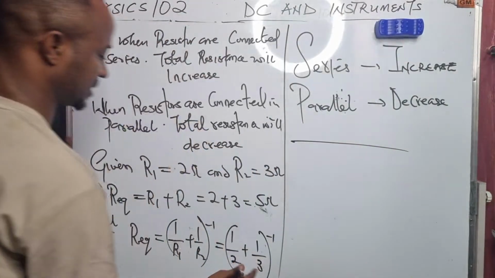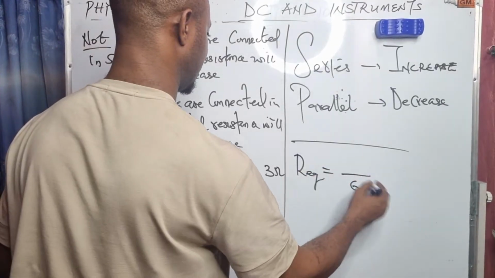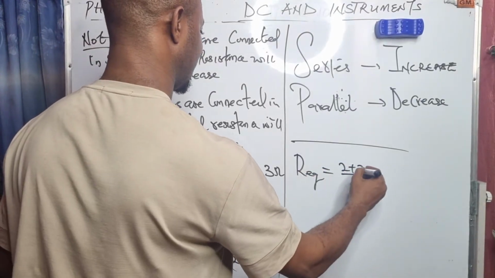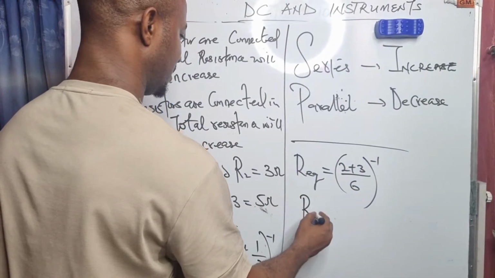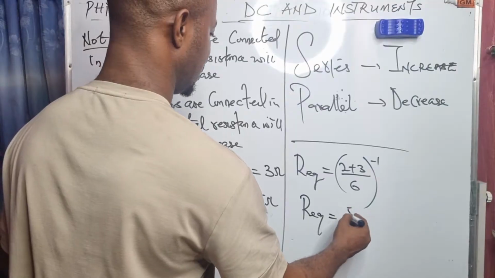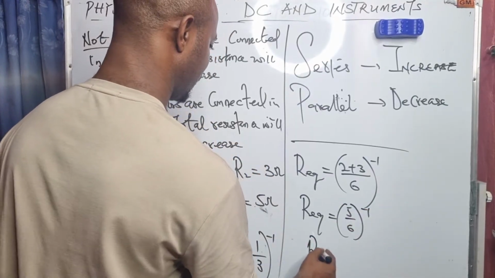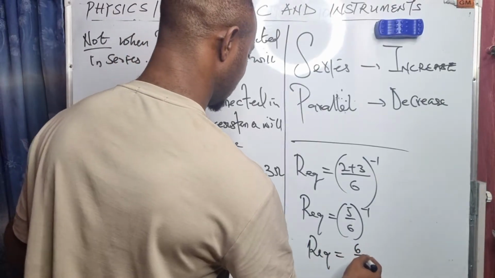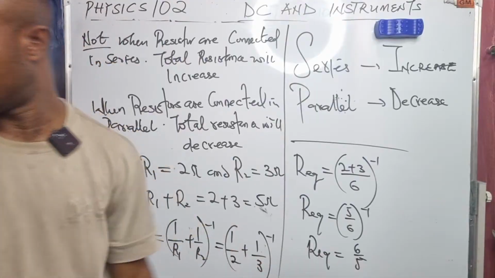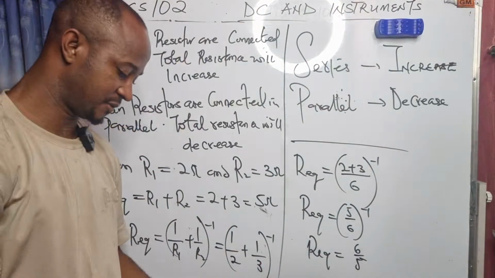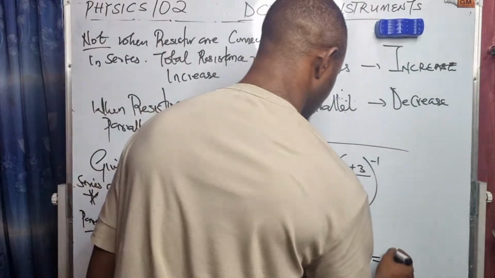LCM is 6 here, so we have 3 plus 2 over 6, to the power of minus 1. Our R equivalent equals 5 over 6 to the power of minus 1. So my R equivalent will be equal to 6 over 5. Inverse simply means I have to flip the number. So 6 divided by 5 will give me about 1.2